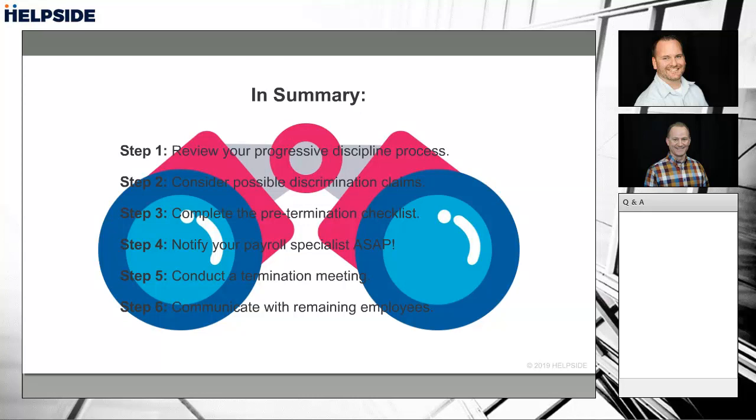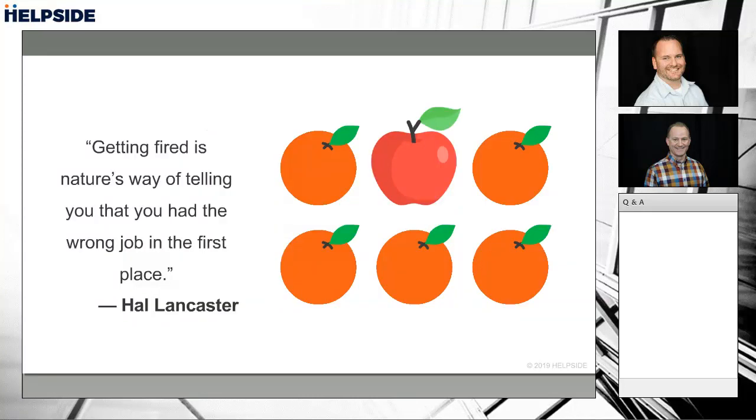And the communication, step 6, typically is face-to-face, that's best. But if you have remote employees, then reach out to them by phone, by email, however you need to. But you just want to let the rest of the team know this has happened and this is what it means for us going forward.